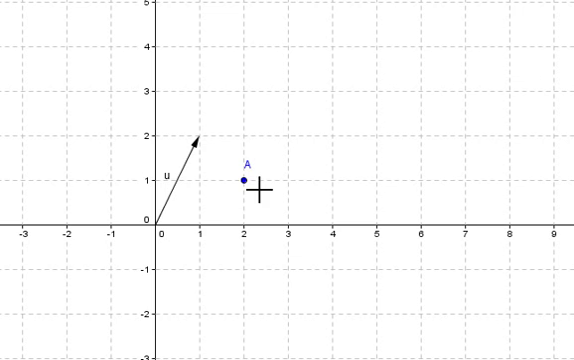So in order to show it, let's move vector AB so it coincides with the head of vector u, and we remember that for vector AB, its tail and head coincide, so point A equals point B, and B is the head of